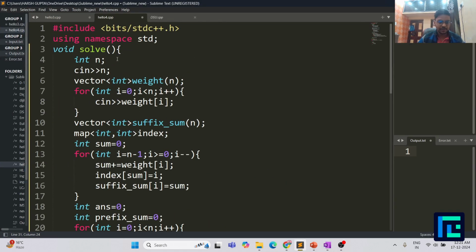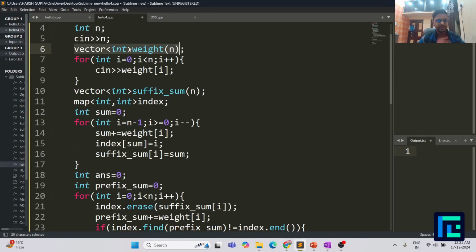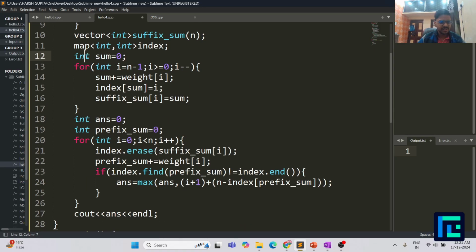So this is the code. So first of all, we are taking the number of candies as input, then we take the weight of candies as input. Then we construct a suffix sum vector and a map named index that will basically store, for every suffix sum, what was the index at which it occurred. So we are simply initializing our sum to 0. We simply go from index n minus 1 till i greater than or equal to 0, i minus minus. Sum gets incremented by weight of i. Index for this particular sum is i, and in our suffix sum at this particular index i,